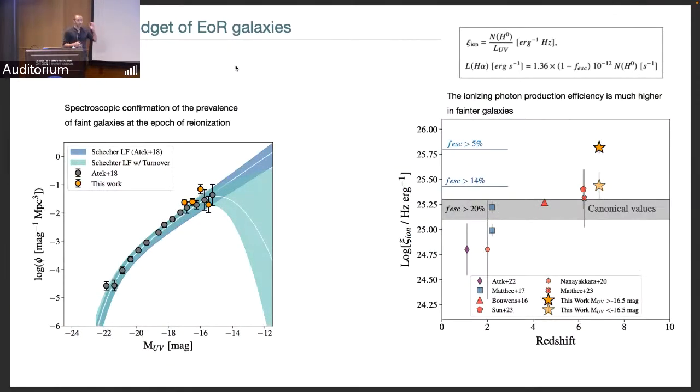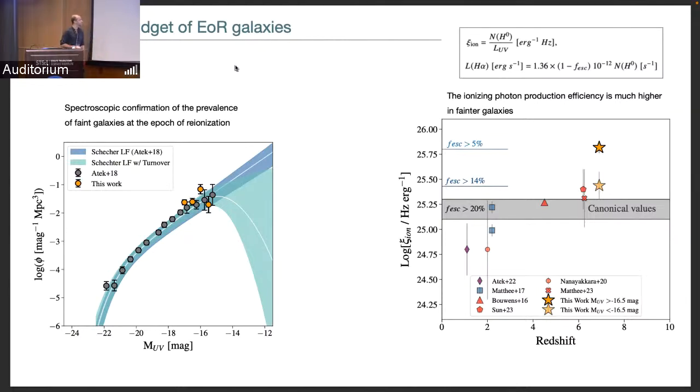From this, we can also now compute the spectroscopic luminosity function. You can see the result here of the orange point. We are confirming the photometric luminosity function. We are confirming this high abundance of low mass ultra-faint galaxies at the epoch of ionization. This is also due to the fact that we have nearly 100% confirmation rate for these galaxies at